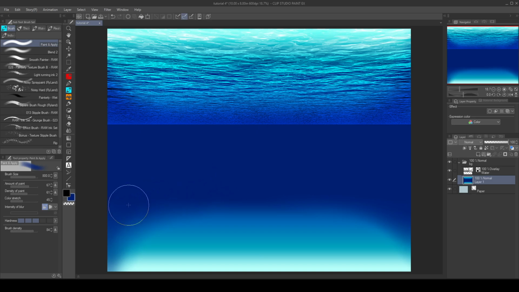Okay, now I'm going to make this really big so that I can just gently touch it to smear the colors and blend them more. Same here. Okay. Now I'm going to go to the next one, the water texture, and I can't do anything